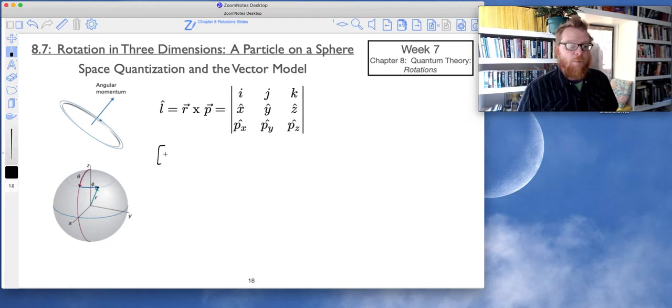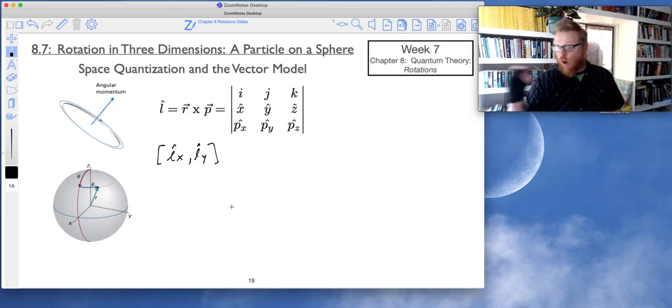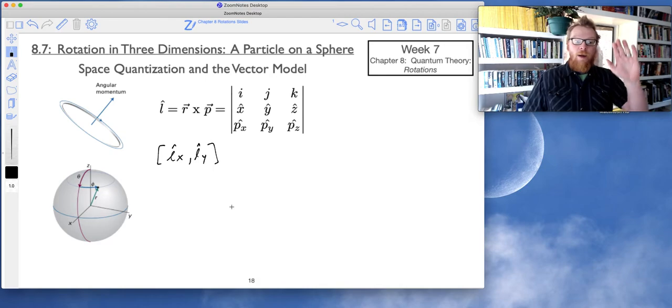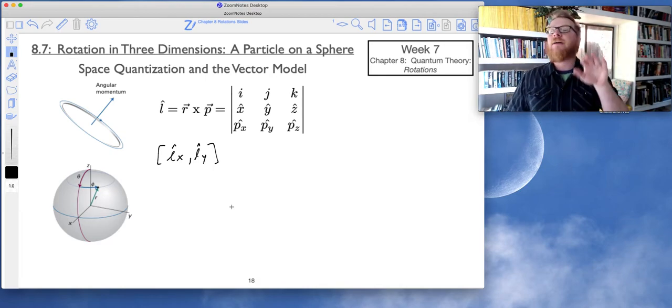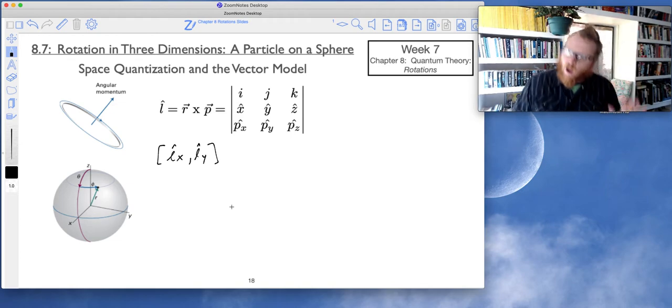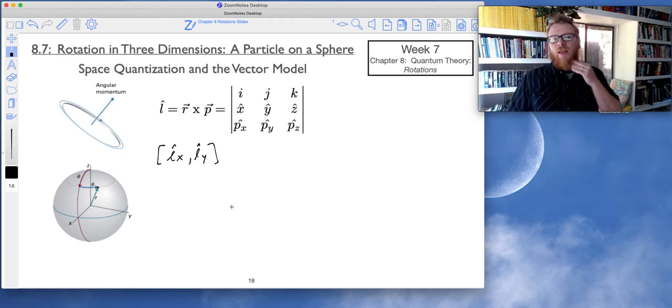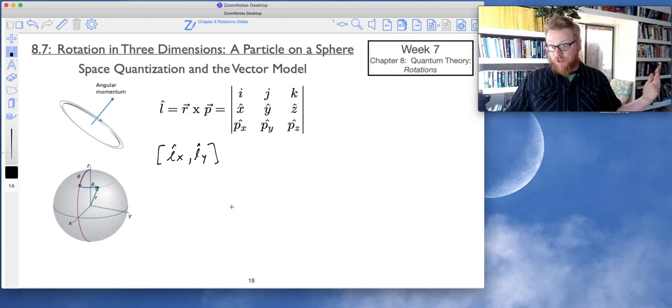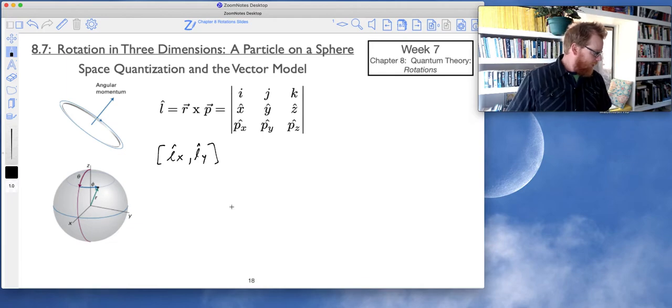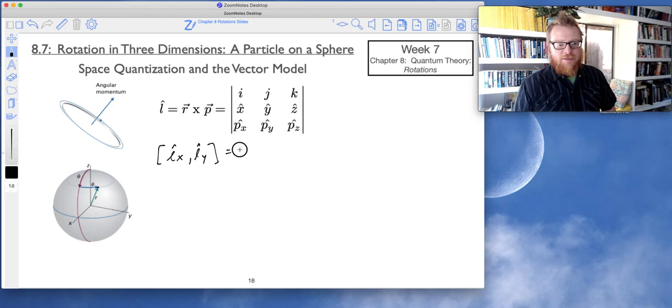individual operators? So for example, if I look at the commutator between the x dimension and the y dimension, okay? And so recall this commutator, right? We go Lx, Ly operate on psi, minus Ly, Lx operate on psi. And if these are equal to 0, there's no uncertainty. But if they're non-zero, there is an uncertainty. And as it turns out, the commutator between Lx and Ly is given by i h bar Lz,